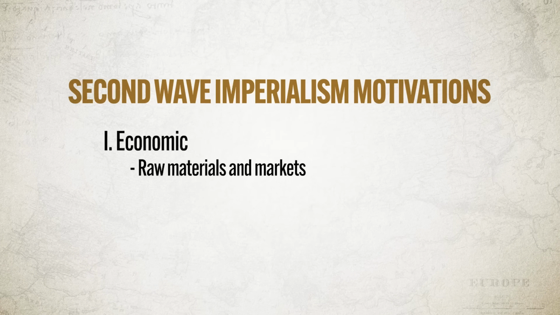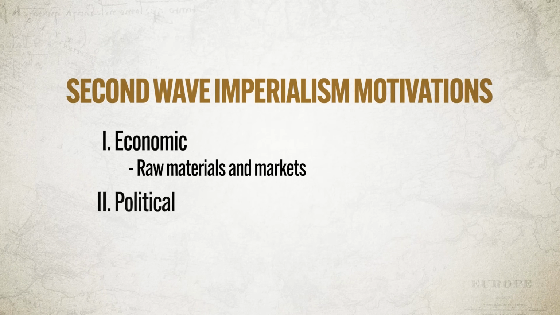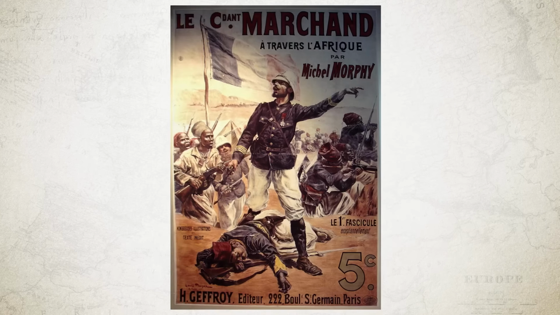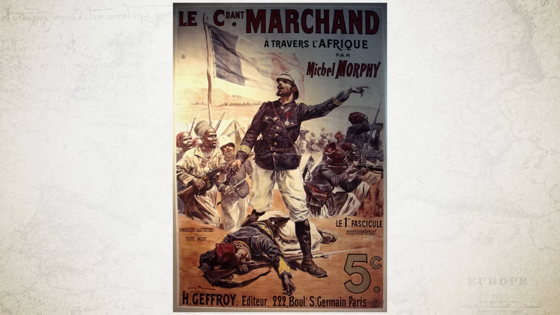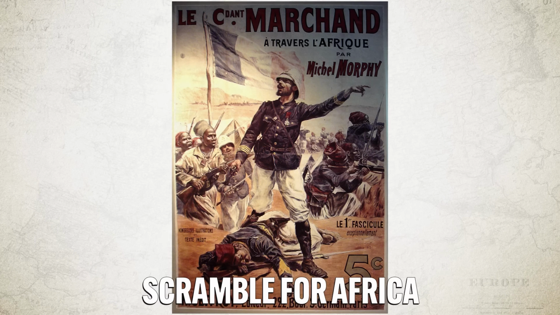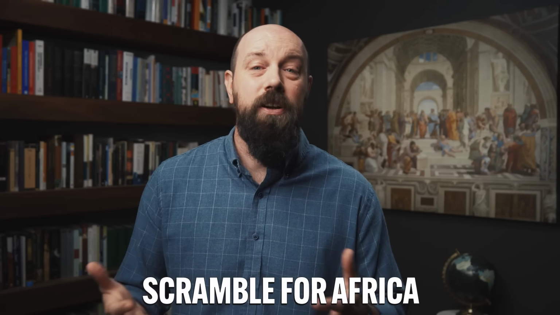Okay, now the second motivation for the second wave of imperialism was political. Now, I've been talking a lot about Britain because they were arguably the big dog of the second wave of European imperialism. But that doesn't mean that other European states didn't get in on the party too. Several European nations were clamoring for territory in Africa, including the French and the Dutch and the Belgians, and this became known as the Scramble for Africa. And this dirty clamoring for African territory began to cause significant tension among these states.